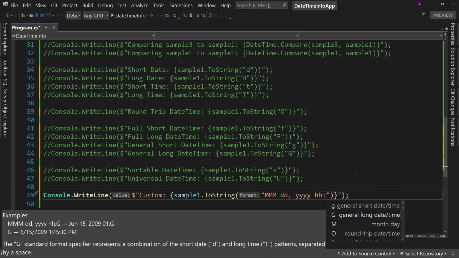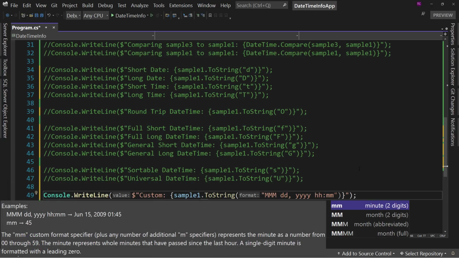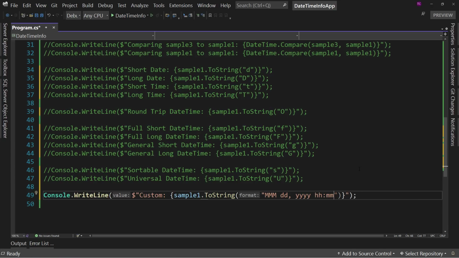I'll hit colon, and because colon is not a formatting keyword or key letter, then it'll just print out that colon. So colon, and then I can say I want minutes, but again, get this right, lowercase mm because the uppercase M's are months. I don't know how many times I have put the wrong uppercase versus lowercase and wondered why things look wacky. And then I can say, you know what, I don't want seconds, and then I want, let's do the